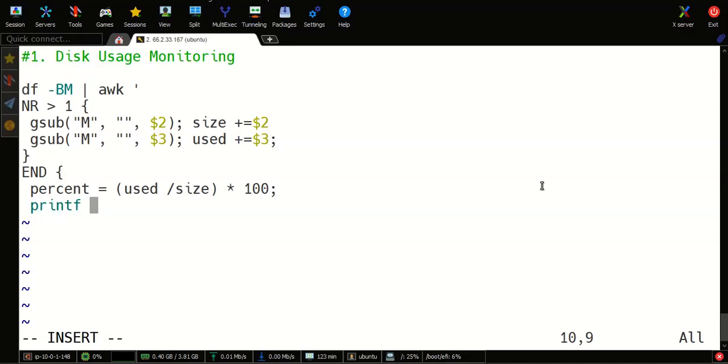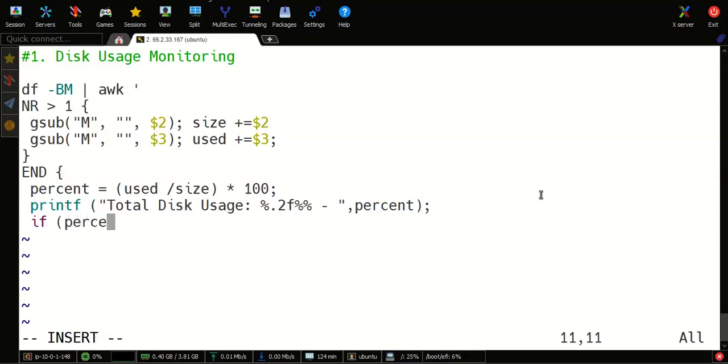We use printf rather than echo. Now we have to write the if condition: if the percentage is greater than 80%, then print above 80 percent,